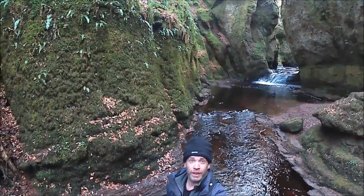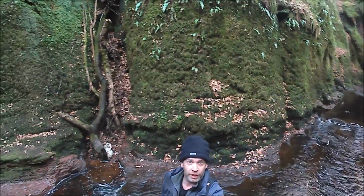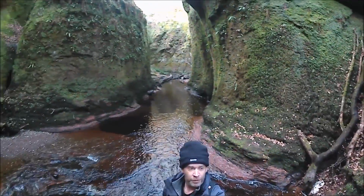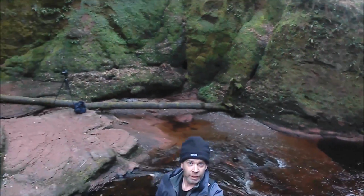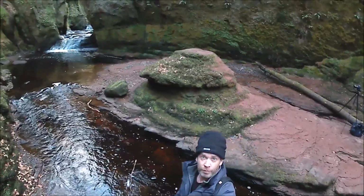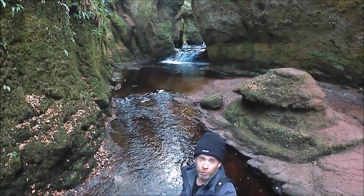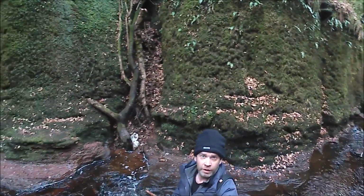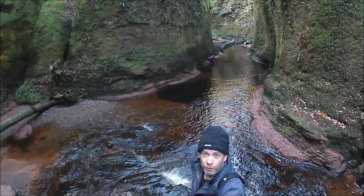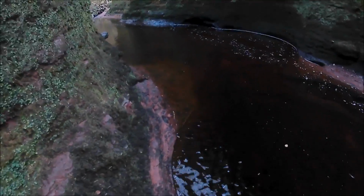One of the few things that you will catch me using is a selfie stick, to get a little bit of video of where we actually are. So, standing in Finnich Glen, and just behind me here you will see the Devil's Pulpit, and looking back upriver towards the falls, upstream. And then downstream, which is where we came in. So, nice wee visit. Now, as you can see, hopefully safe,